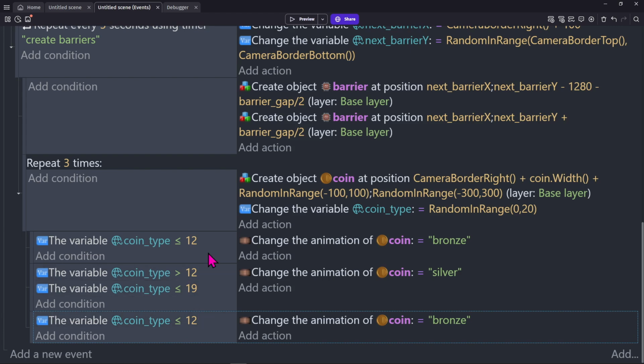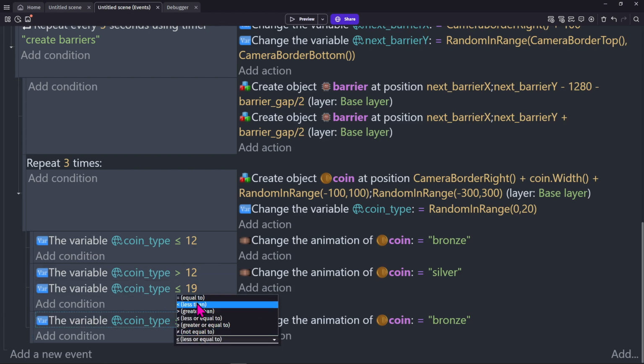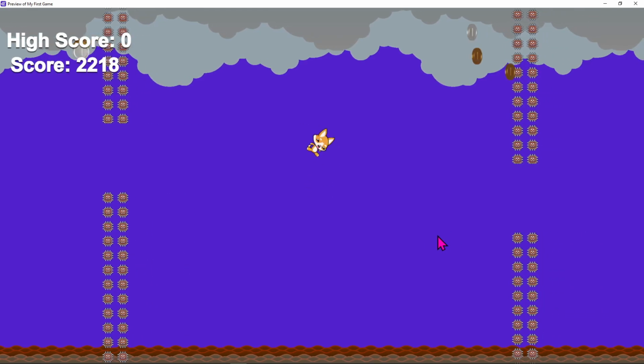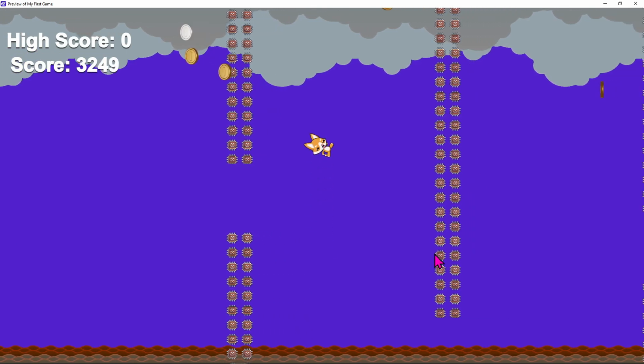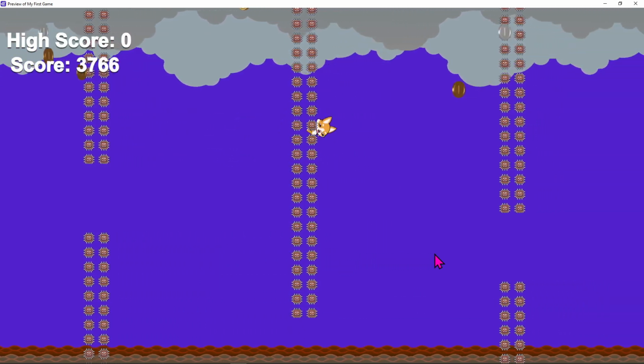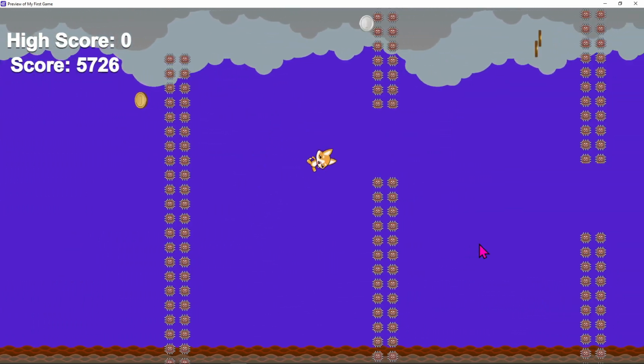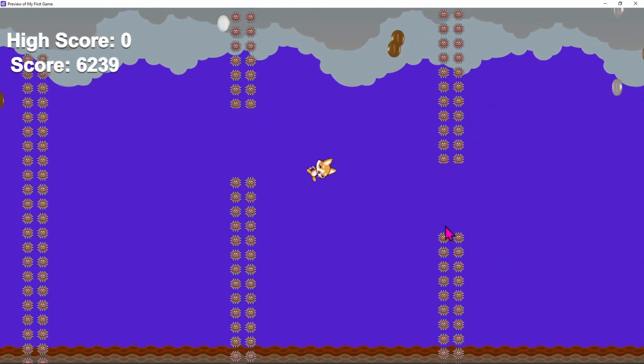The only remaining number here is going to be 20, so check to see if the variable is equal to 20. It will be the most rare. Change it to gold. Now we see that we have barriers spawning, and every time the barrier spawns we get about 3 coins. However, some of the coins are spawning too far up, so we're going to change the randomization